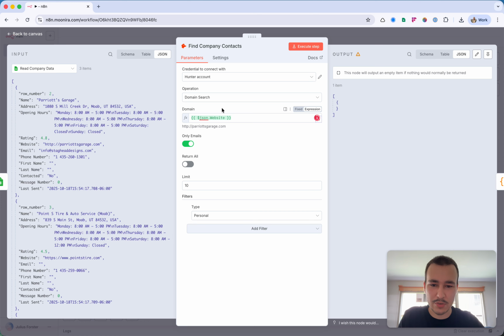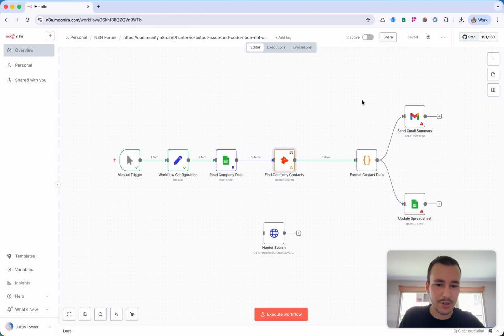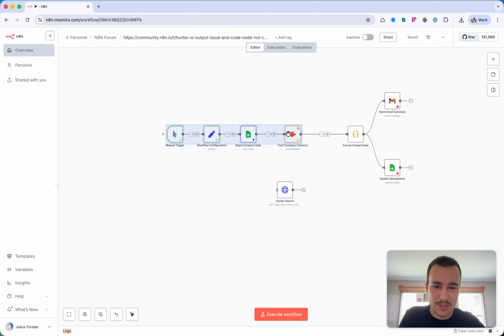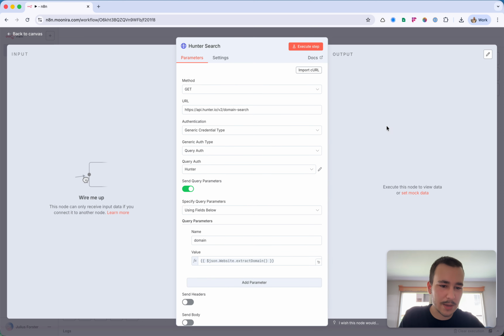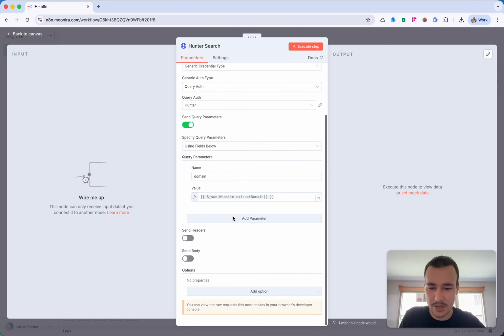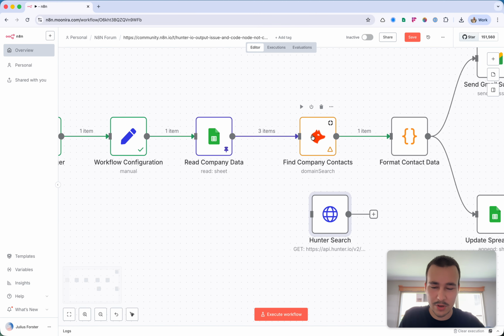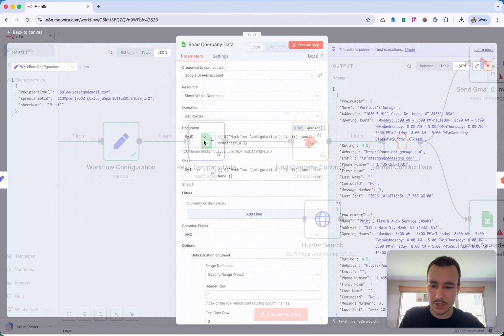So I tried it with extract domain, just the domain, just the URL. Yeah, for some reason it worked with that, but not with the dynamic one. So I checked with the API as well. I used the API endpoint, I put it in here, same error, right? So then I noticed that the actual issue is,